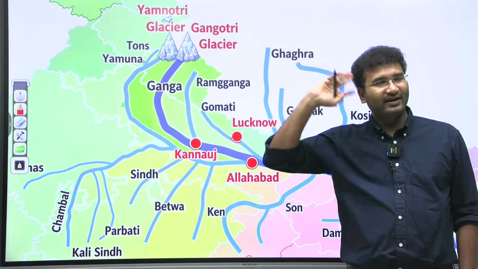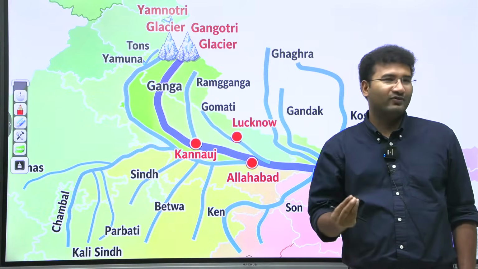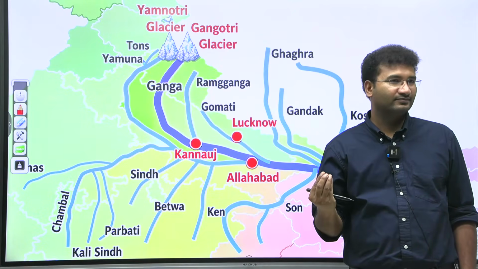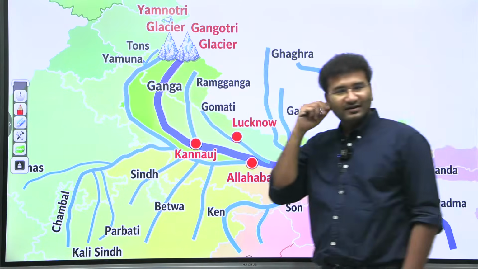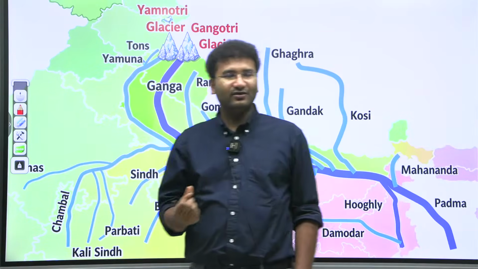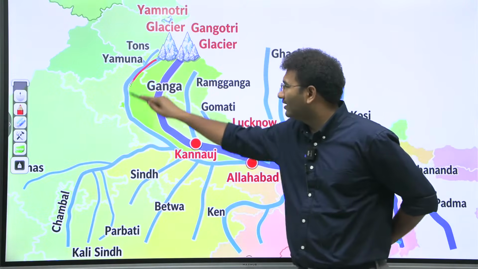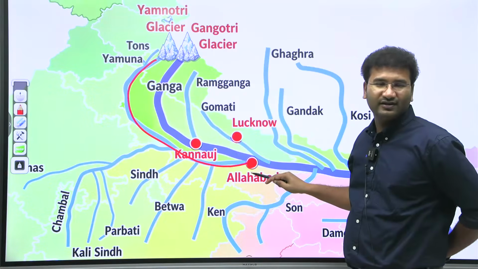Somewhere, your brain in the examination will tell you this is the tributary. But I have a small homework for you. What are the major cities that are present on the river Ganga? Prayagraj is at the confluence of Allahabad. It is nothing but the Allahabad, where Yamuna goes and meets Ganga. This has become Prayagraj, which was earlier called Allahabad, right?